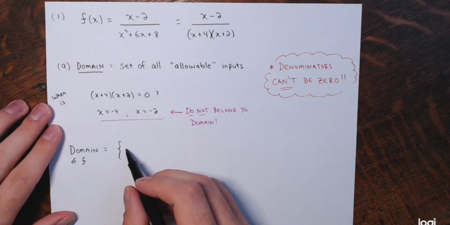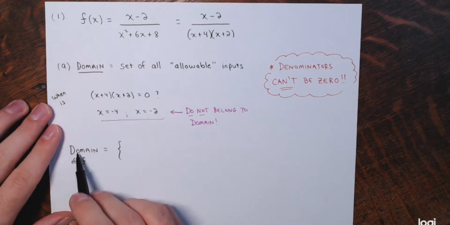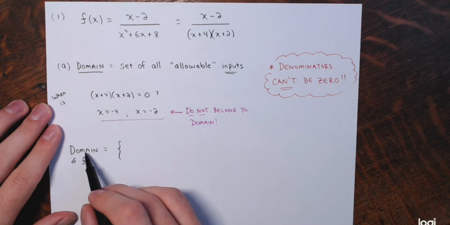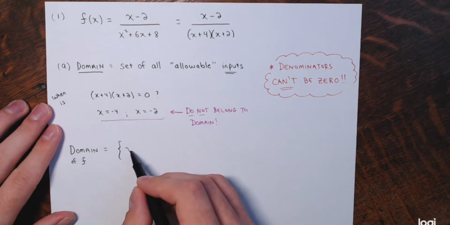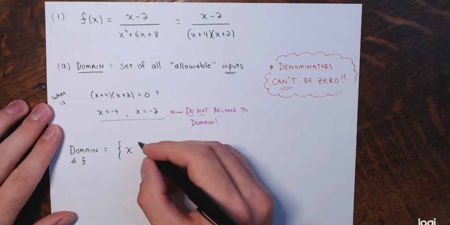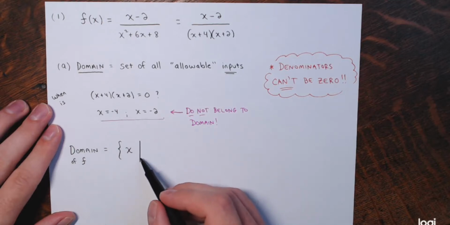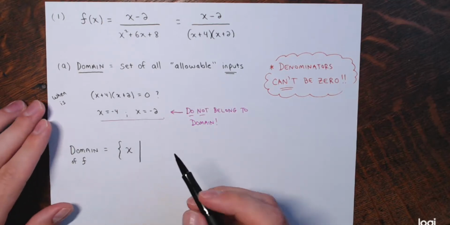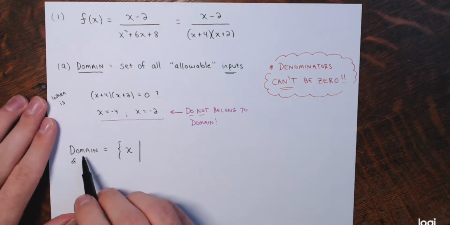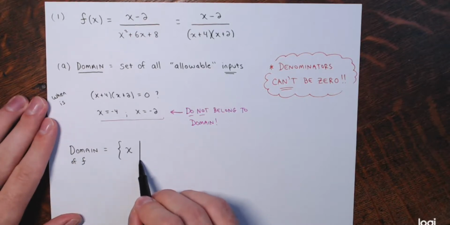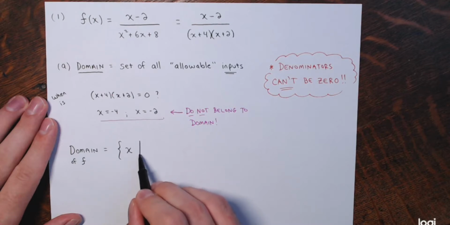Usually my domain is talking about inputs, x values. So the domain of f contains values of x, so I put the name of the variable I'm describing, such that, and then sometimes there's a little bar or a colon. So the domain of f contains all values of x such that, this little bar here, or again a colon,